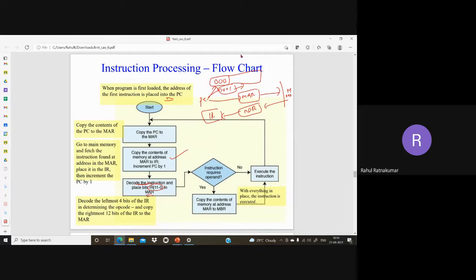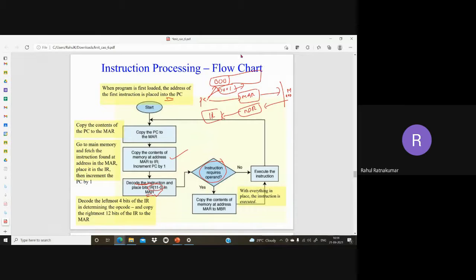Okay, so this again points to MAR. MAR again accesses the memory, and data is coming to MDR. It depends on the reading, writing, loading, storing, whatever. Now it checks whether the instruction requires an operand. Sometimes the instruction doesn't require an operand, right? Maybe it's halt. Load, sorry, load does require an operand.